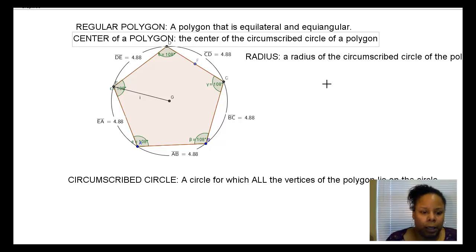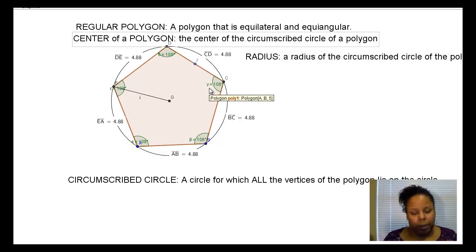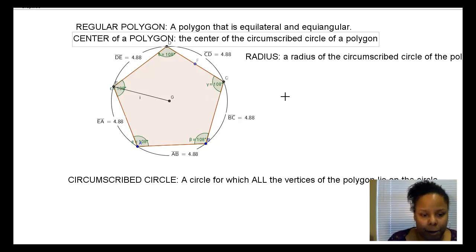Okay? So this is not new, it's just that you guys are new to using center and radius with a polygon. You're used to using it just with a circle. And of course, a polygon doesn't have a center or radius unless it can be inscribed in a circle. So how is that important, and how can we use that to find the area of a polygon, a regular polygon? Well, as you can see here, if I were to connect a radius from each